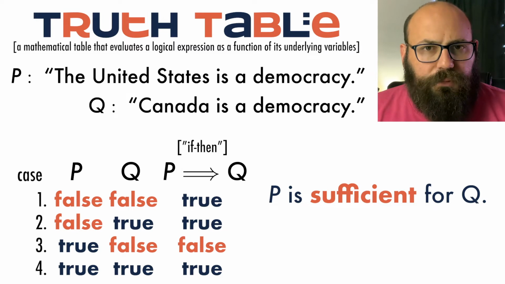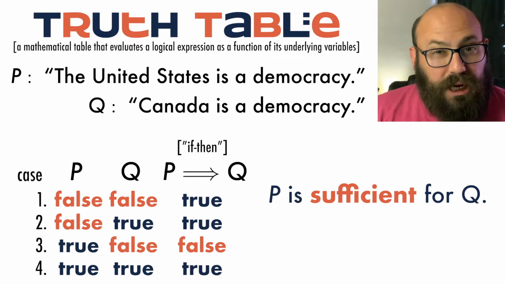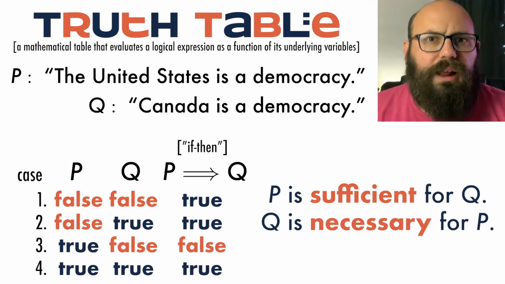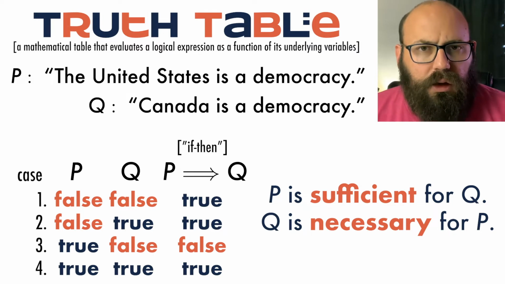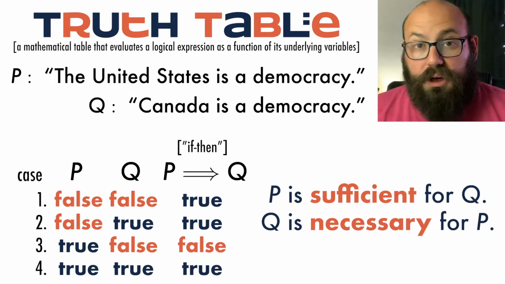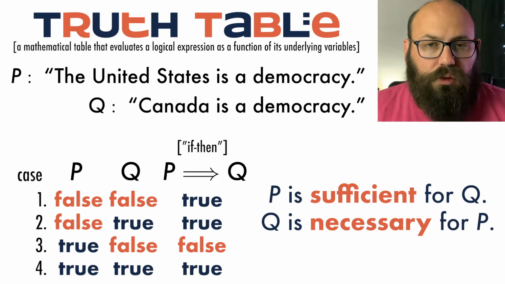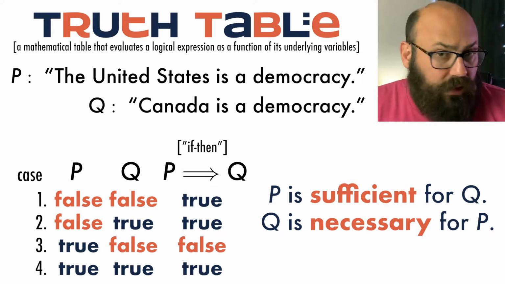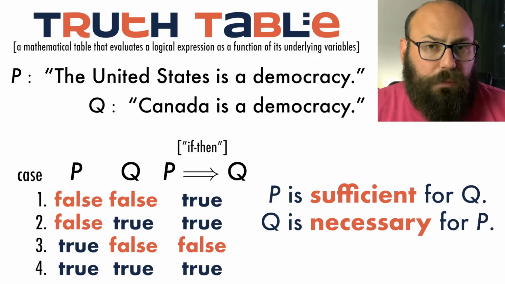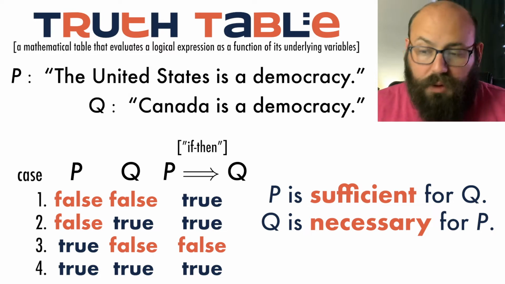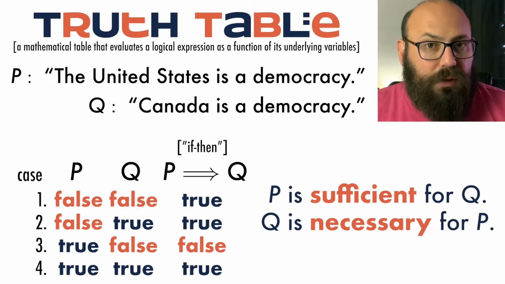And in a statement of this form, Q is a necessary condition for P. So in the statement, if you work hard in this class, then you will get a good grade, getting a good grade is a necessary condition for working hard. So these if-then statements influence your plain language, right? They influence your plain language because necessary and sufficient conditions are things that we talk about all the time. This is precisely what we mean by that.